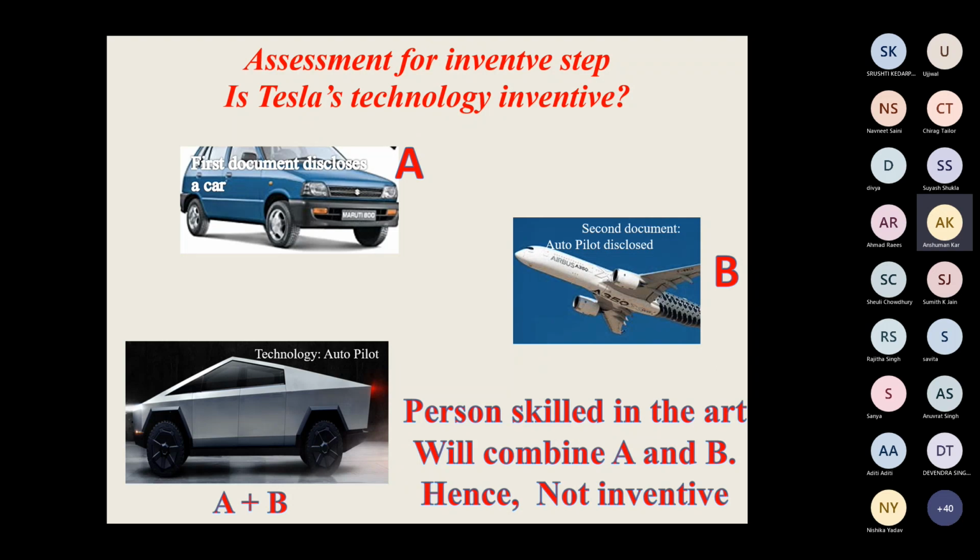But I'll take another example. This is actually a real case again, just like that cradle. This is also a real case. The first time, a person claimed for a laptop, what would you say, hinges, the way we fold the laptop, right? So the first time it was claimed, the examiner cited a prior art.